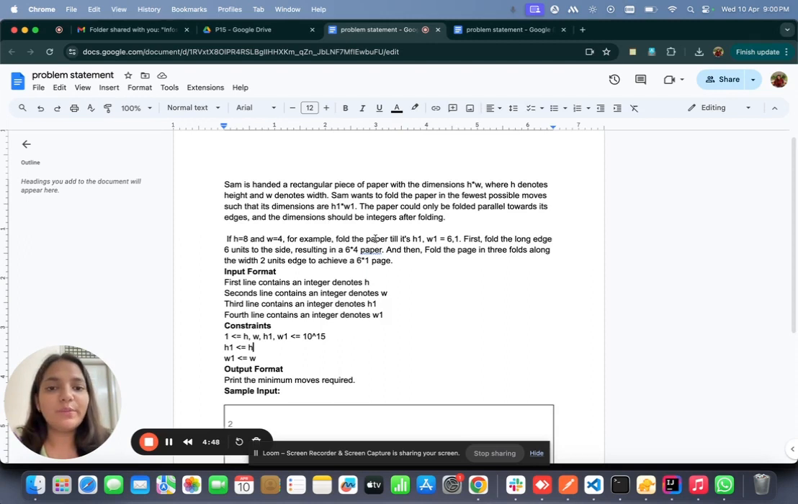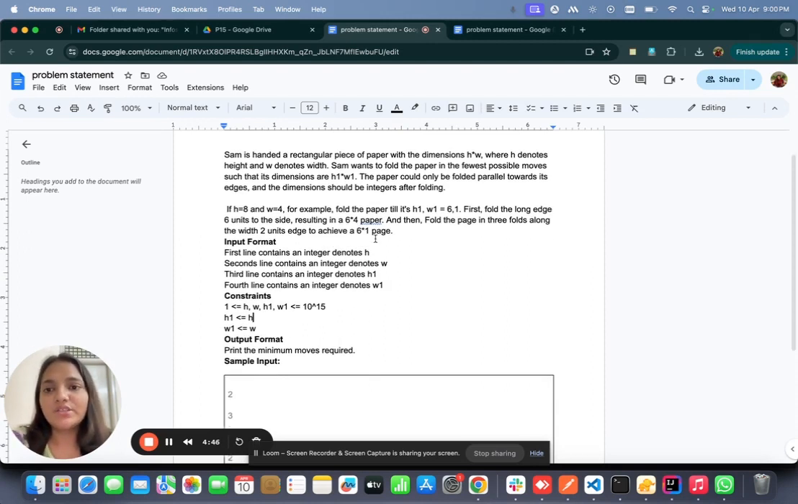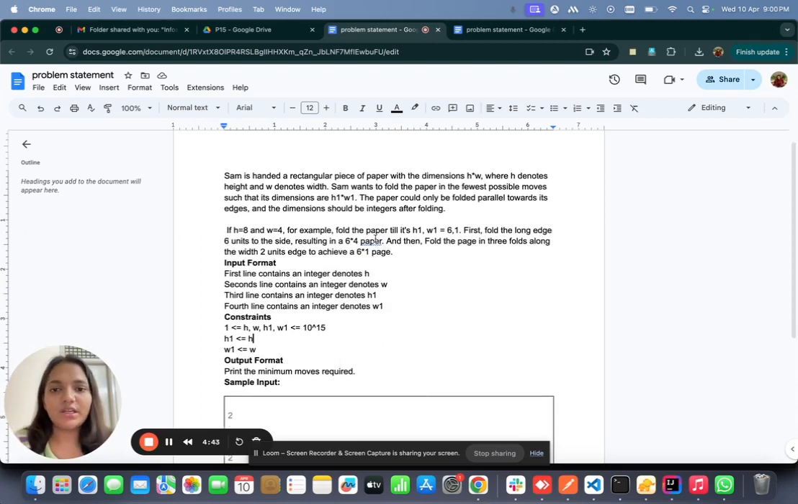Sam wants to fold the paper in the fewest possible moves such that its dimensions are h1 and w1, and the paper could only be folded parallel towards the edges, and the dimensions should be integers after folding. If h equals 8 and w equals... okay, this is an example. So what is given is that initially we have a rectangular paper with some height and some width. We have to convert it to another height and width, h1 and w1, and in one move what we can do is parallelly fold the paper,